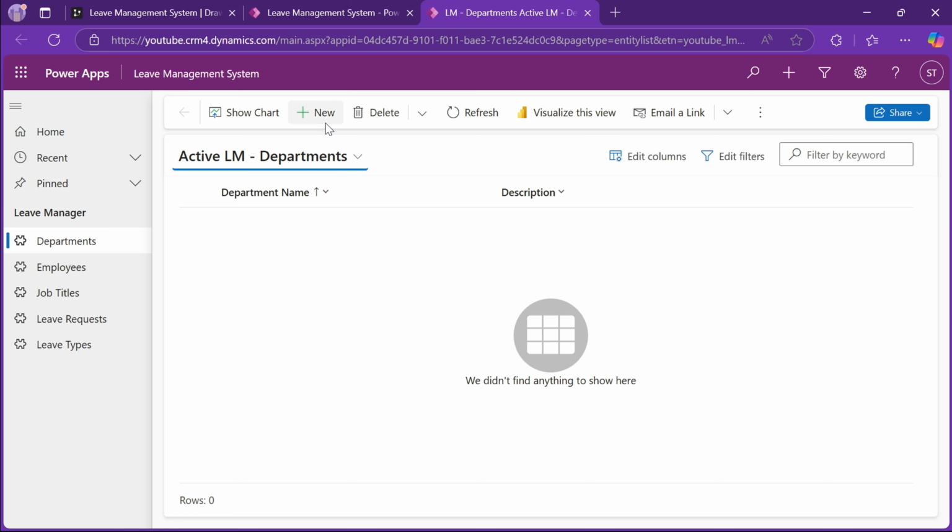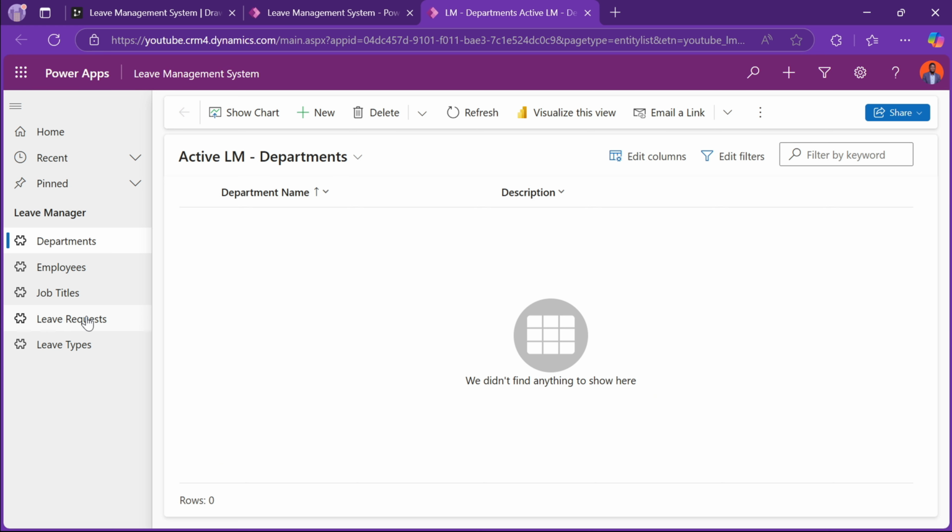And what I'll do is I'll go ahead and add sample data to it. And then we'll also have to configure what happens when I send something for approval. All right. Where are we getting the information of the approver? And then how are we requesting the approval request from the end user? So let's configure that. So I'll add in the sample data, but before we do add the sample data, what